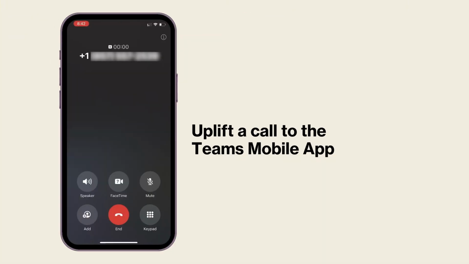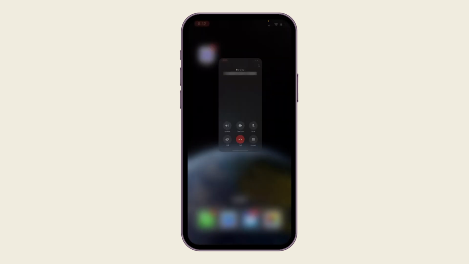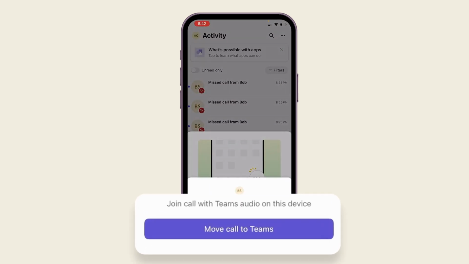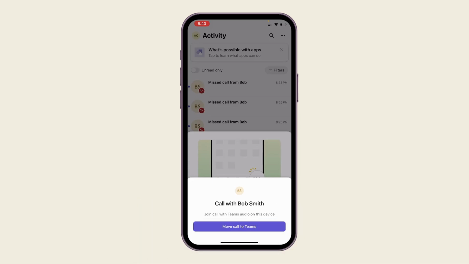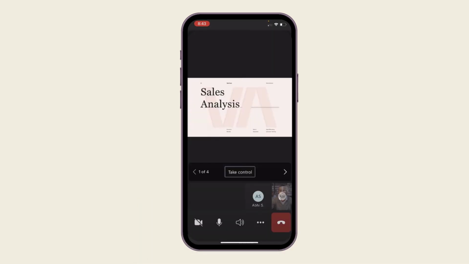With Verizon Mobile for Microsoft Teams, you can easily move or uplift a call started natively on your mobile device to Microsoft Teams via the Teams mobile app. Simply launch the Teams mobile app on your mobile device. You will be prompted to uplift or move the call to Teams. Select the Move Call to Teams button to continue the call in Teams. Once you've moved the call to Teams, you can share your screen, turn on video, and chat, creating a richer